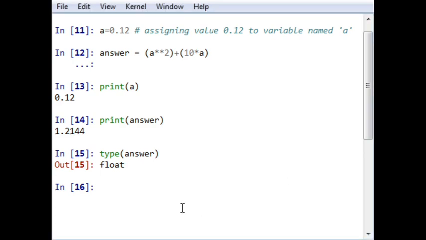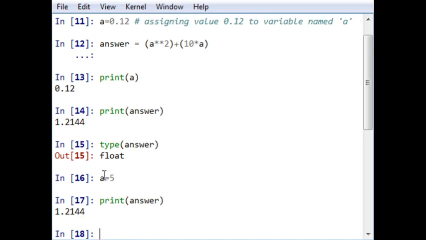Similarly, you can assign a different value to it. For example, if you want to change a is equal to 0.12 to a is equal to, let's say, 5, the output will change, I think. Now you can write print answer directly. Previously the answer was 0.12144, but currently the answer is again 1.2144.